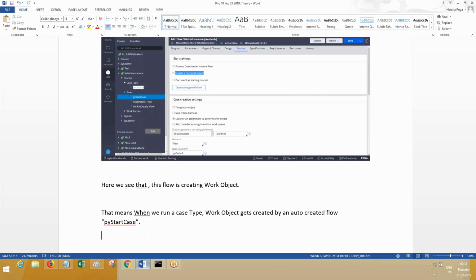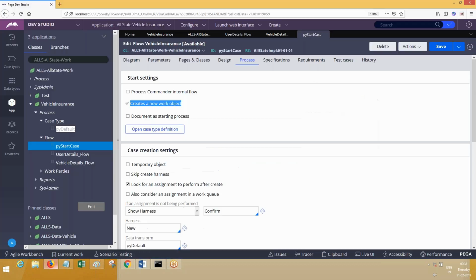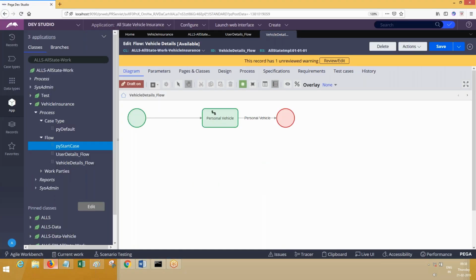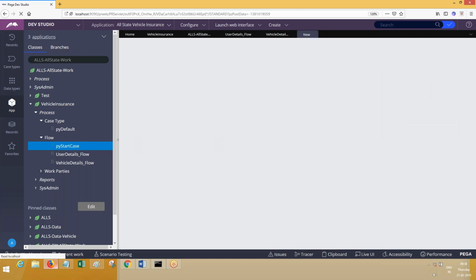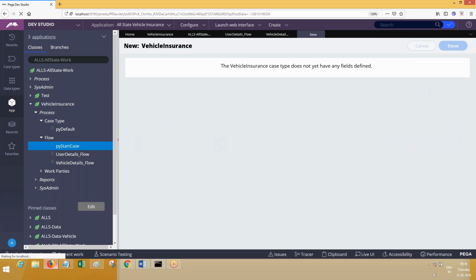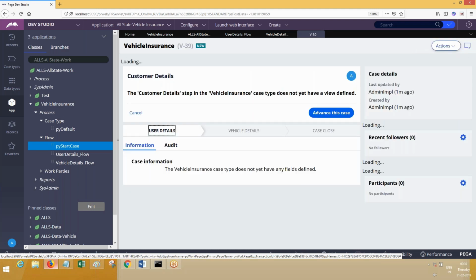Now the flows which are created. Suppose if you run the case type, I'm going to run the case type and show you. If I run the case type, it is not going to display anything in the UI. There will be one screen by default you get. You just ignore this for now. I'll explain this later. You just click on proceed to done. Click on done to proceed forward, and here you see there is nothing defined here. There is no view defined for this.